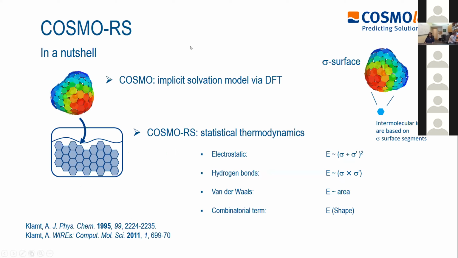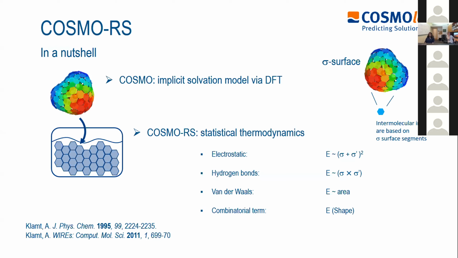So you may know the COSMO-RS approach, which was developed by Andreas Klamt, first when he was working at Bayer, and later he founded his company based on this method. The basic idea behind COSMO-RS, which is COSMO for realistic solvation, is to use an implicit quantum chemical solvation model. Usually we use a BP86 functional for these surfaces, and then use this surface which is generated by the implicit solvation model